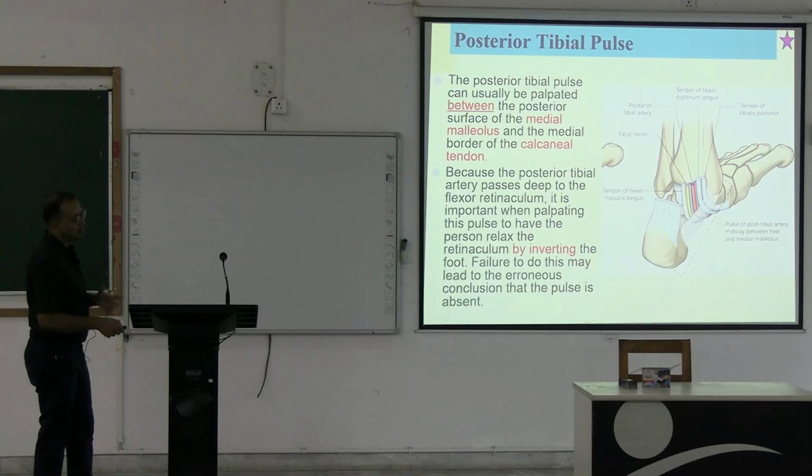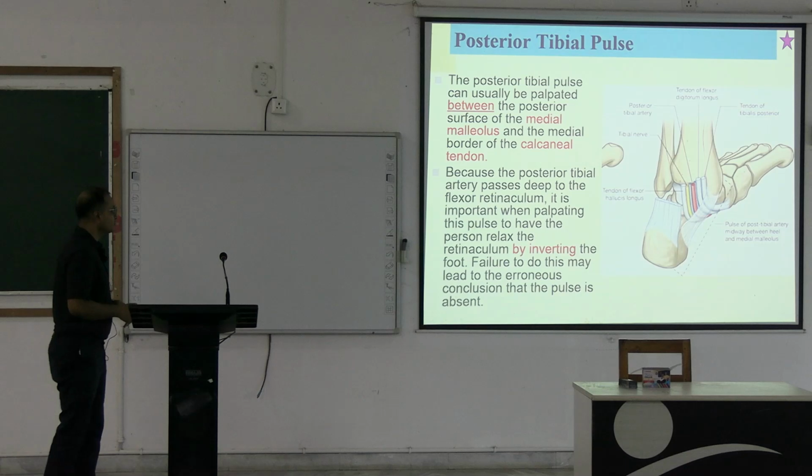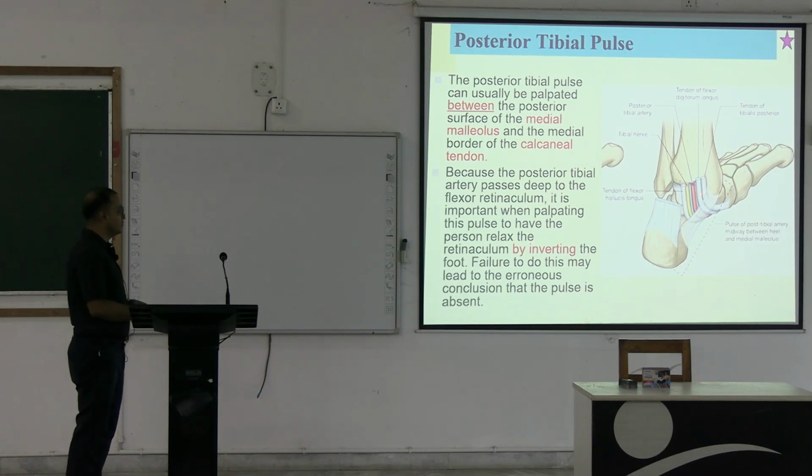It is not as easy to identify as the dorsalis pedis artery, but if we really have to take this pulse, it should be searched for at the midpoint between the posterior margin of the medial malleolus and the